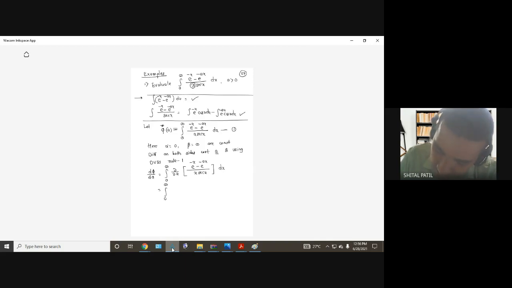So 0 to infinity, whatever is there in the denominator, x sec x, is constant. x is constant, I mention it here so that there will be no confusion. x is a constant whenever we are differentiating, and not for the whole example. The role of x and a will go on changing as we do different operations. So here we are differentiating partially with respect to a, therefore x is constant.